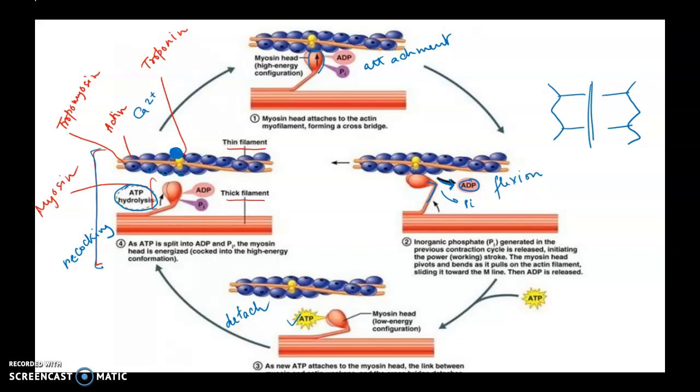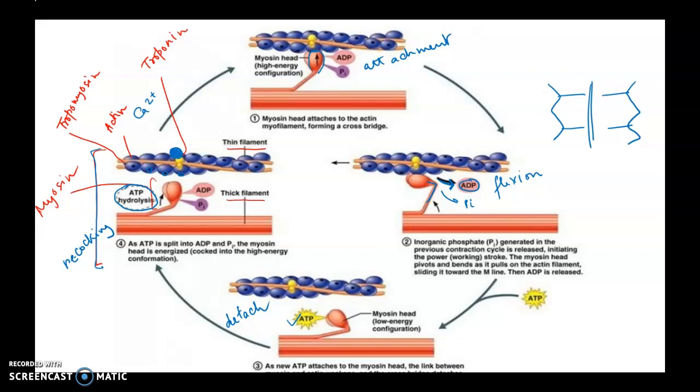Therefore, for detachment of the myosin head from the active site of actin, we require an ATP. An ATP comes into play, and ATP helps the myosin heads to detach from the active sites of actin. Therefore, the myosin heads detach, and in the next step, going back to number 4, in the next step, the myosin heads